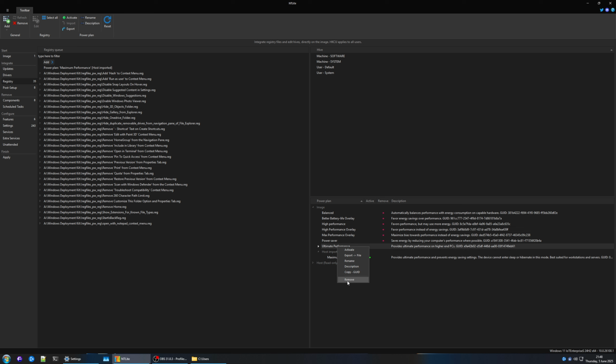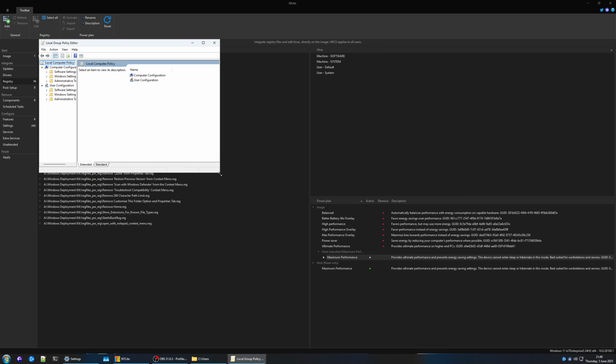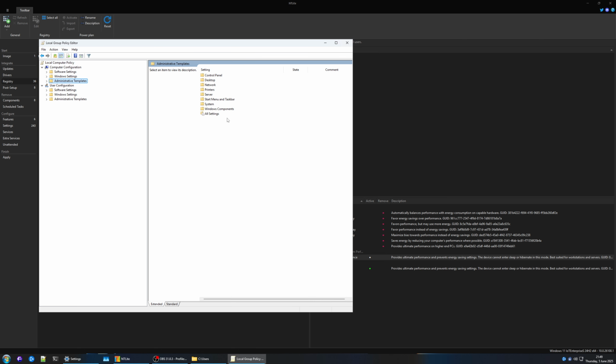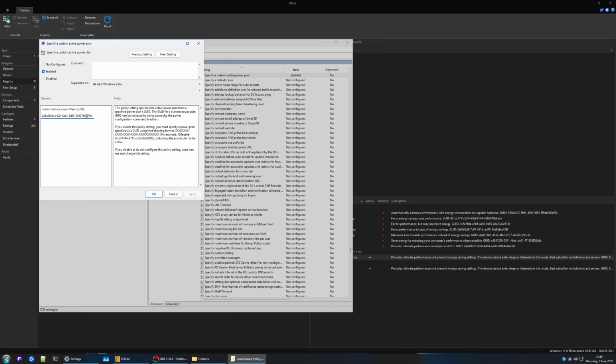If you want to really force your own profile, Maximum performance, I even gave it a title. And the ID is actually the same as the ID that I have in my host computer. So specify custom active plan, 9FC, and I copied my group policy from my host computer into the image. So D9FC,